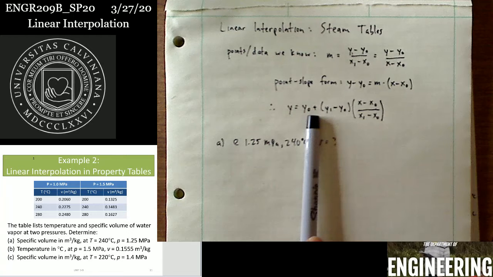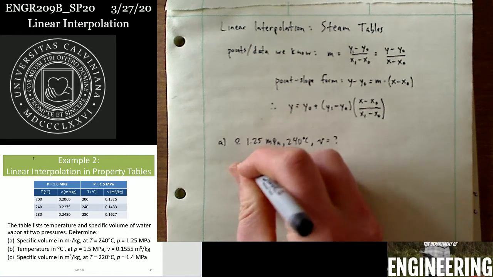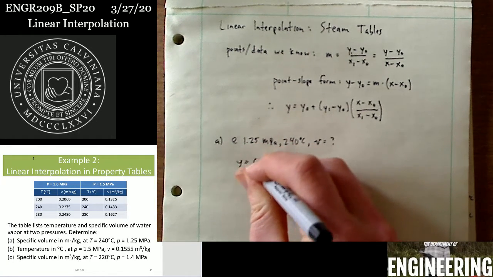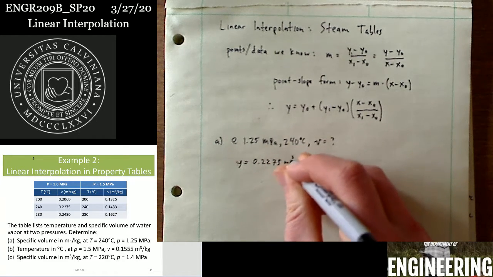So in this case, y0 will be 0.2275 meters cubed per kilogram, because we'll be going between 240 at 1 megapascal and 240 at 1.5 megapascals. So let's look at this. We want to find it at 1.25 megapascals. So that means that y is equal to 0.2275 meters cubed per kilogram